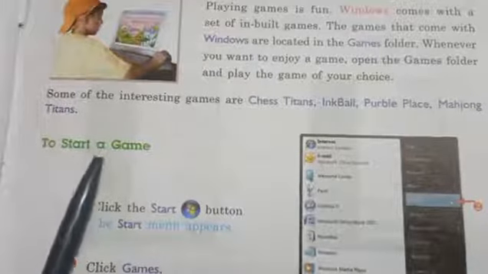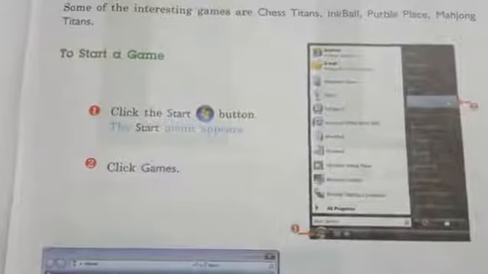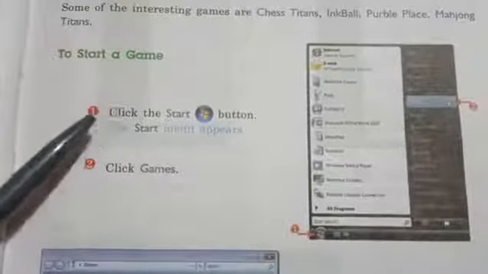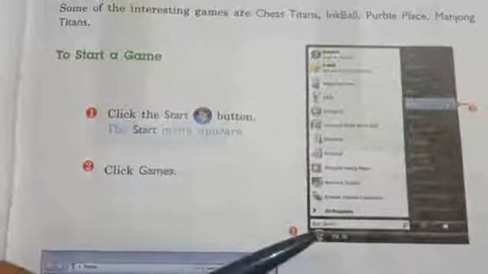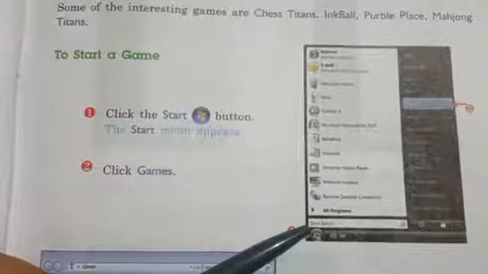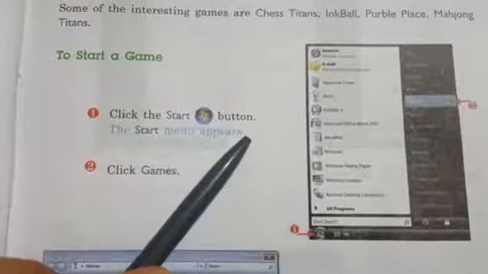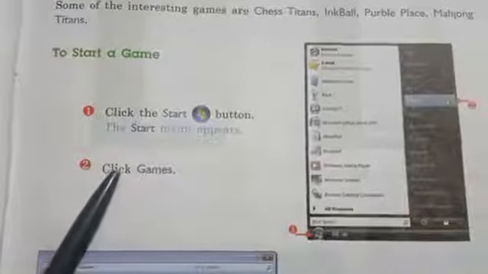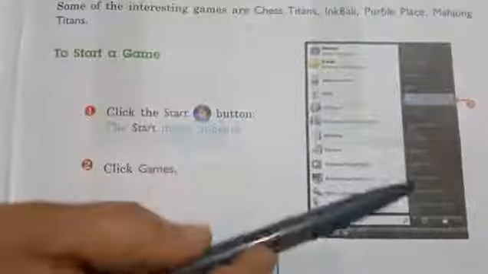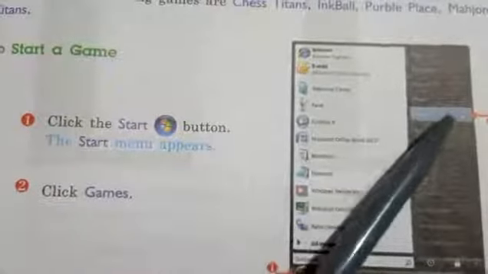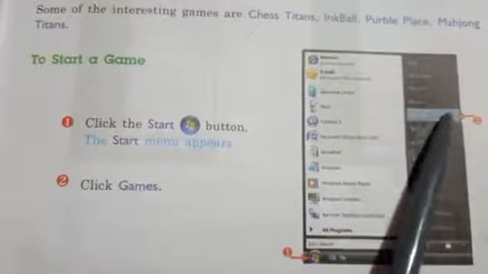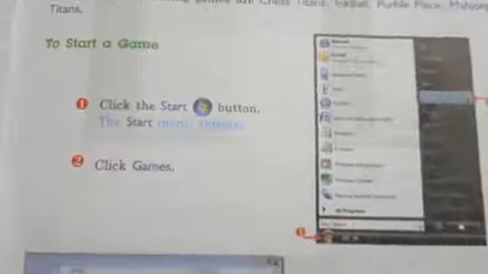Now the question is how we can start a game. To start a game, first step, click on the start button. The start menu appears. After that you can see here Games. So click Games.